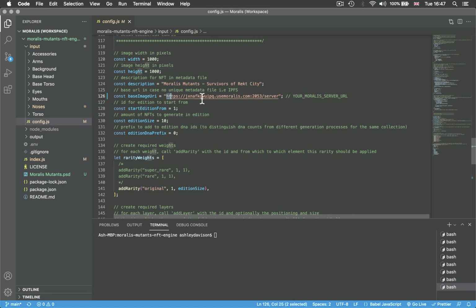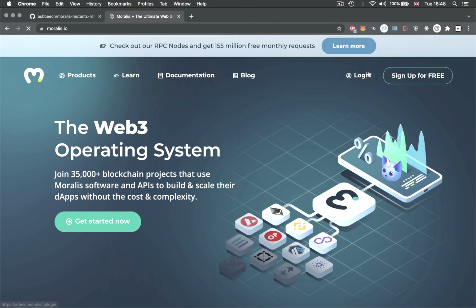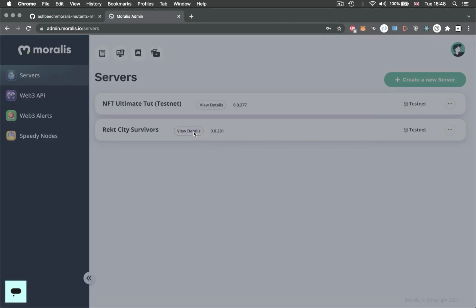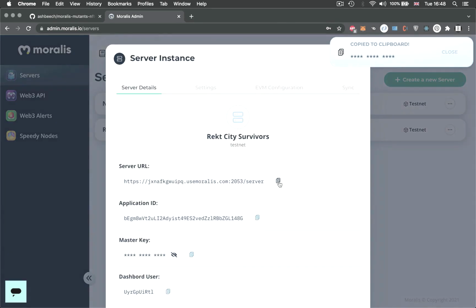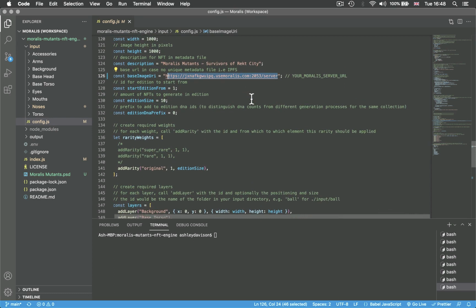Then you want to create an instance of a Moralis server and put that link in here. So you want to go to moralis.io, and if you haven't already, sign up for an account. It's free. If you've got an account already, log in. Once you're logged in, you can see I've already got a server that it's linked to. But you want to create a server, copy the link to it,